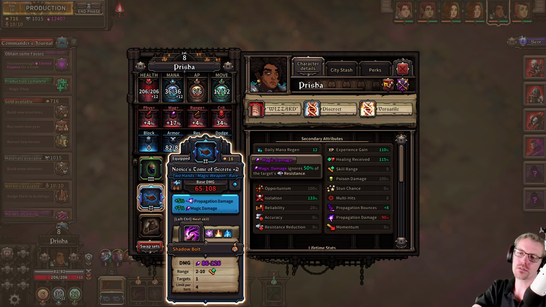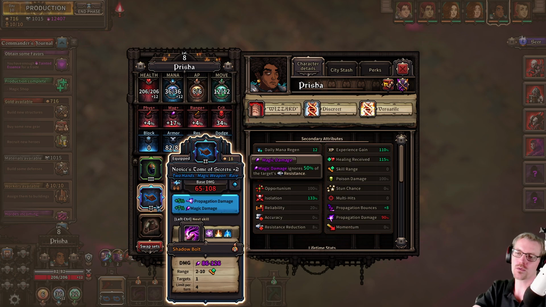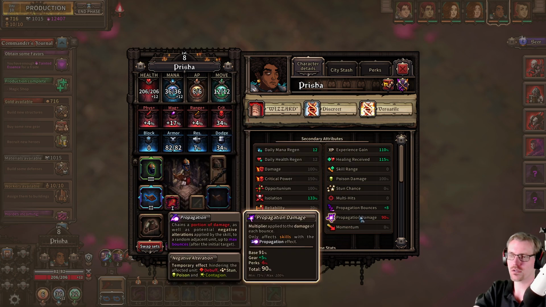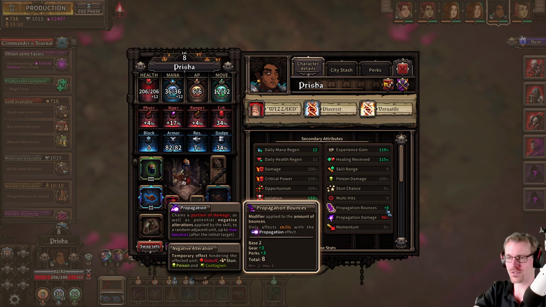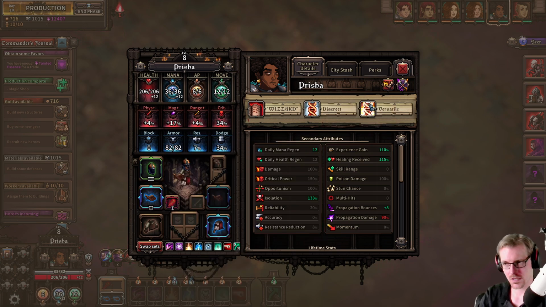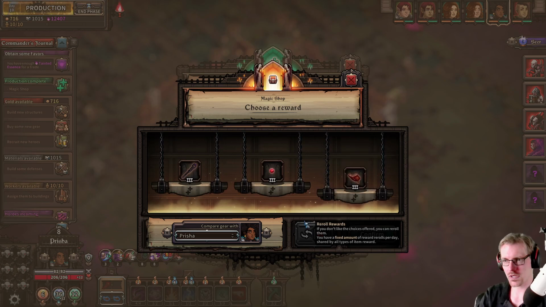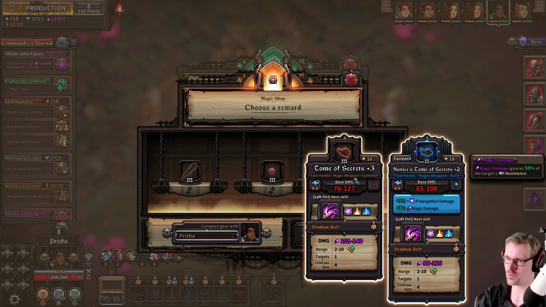But this little setup is supposed to be for propagation. Propagation bounces +8, and that's the maximum we can have. That's pretty cool. So I don't want to throw that away. Oh, but there's a bigger book. But now again we have to ask...